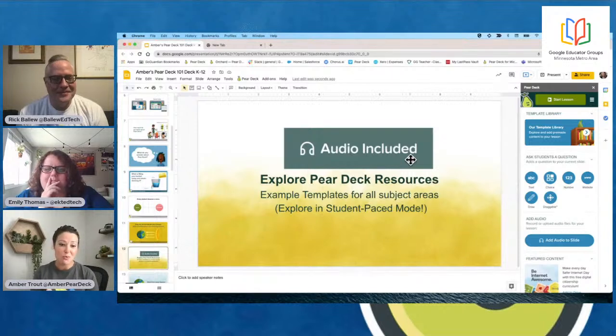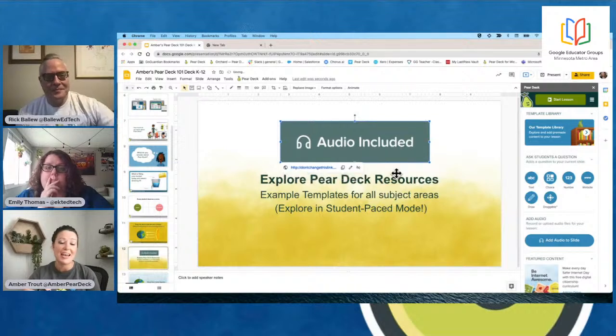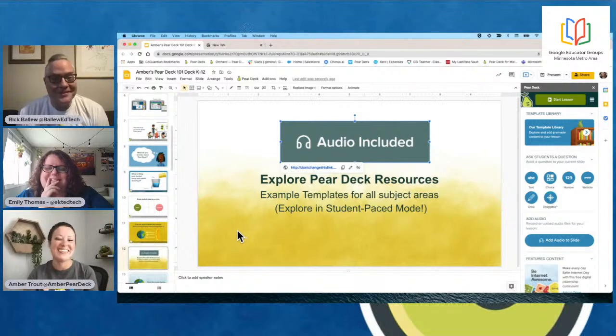Audio is also compatible with every one of your slide types. So audio and interactivity can be put on the same slide on every single one if you want. So really helpful when you're trying to work with young learners or you need them to hear something and have interactivity.